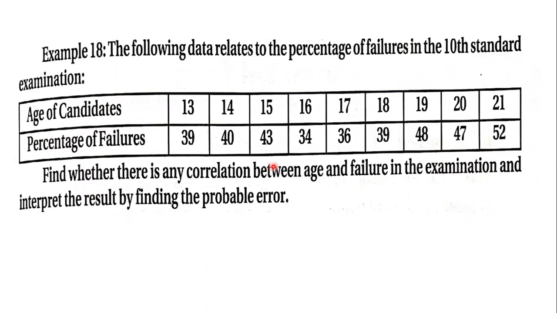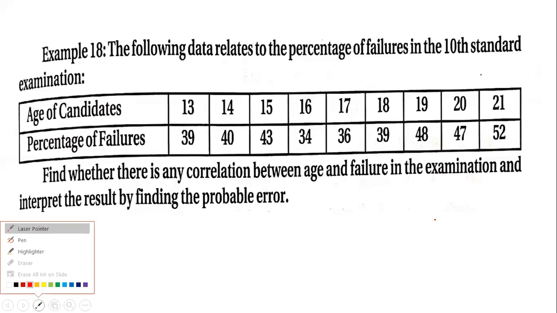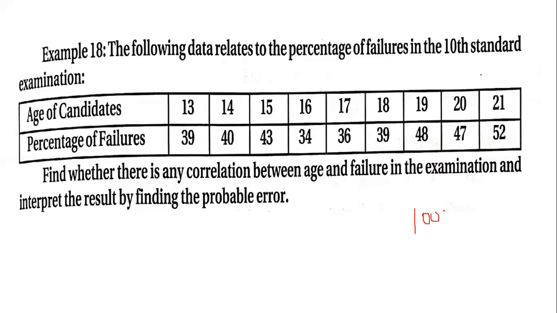Okay, so to repeat again, if from the same data I take another sample, we saw one problem where a school had somewhere around 1,000 students. Out of that, sample one was taken as 100 students. From this they calculated R, and then they calculated probable error. Now from the same 1,000 students, if I take another sample, sample 2 of, let's say, 50 students, this 100 is separate, this 50 is separate.